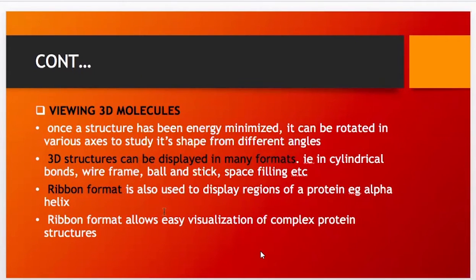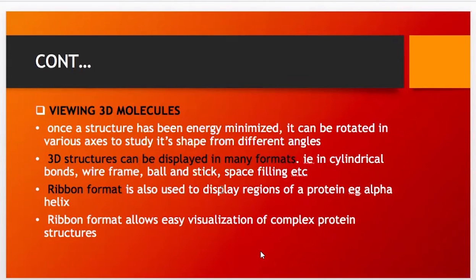Too bad we can't visualize it here, but it's interesting when you are using the software. You can actually rotate your compound in different positions, and you'll be able to see the different positions of your molecule. And besides that, with the use of these softwares, the 3D structures can be visualized in